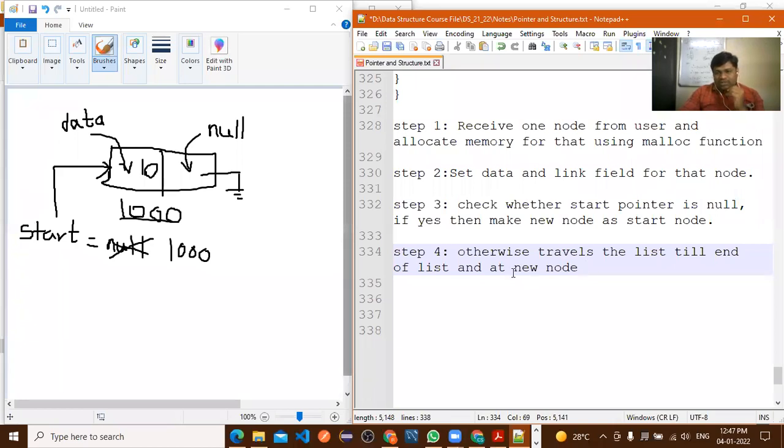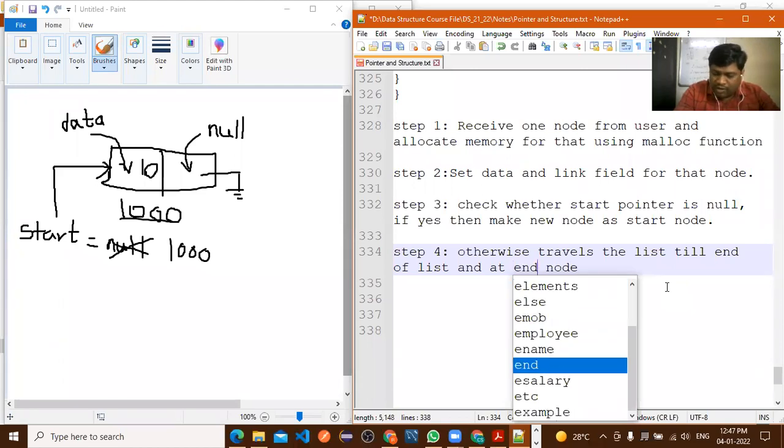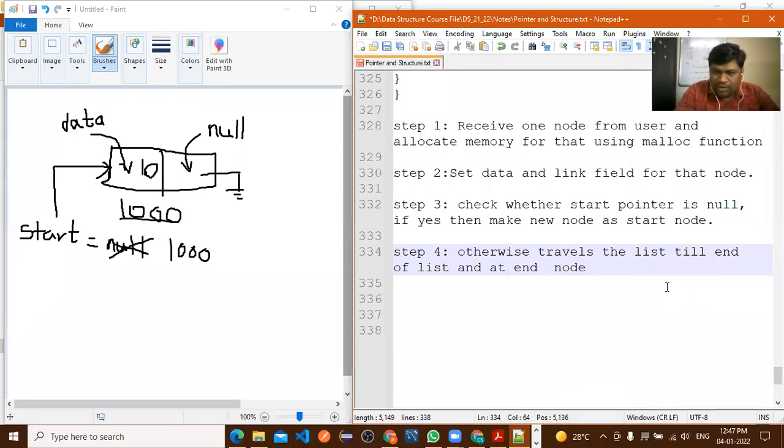Otherwise, travel the list till the end of the list, right?